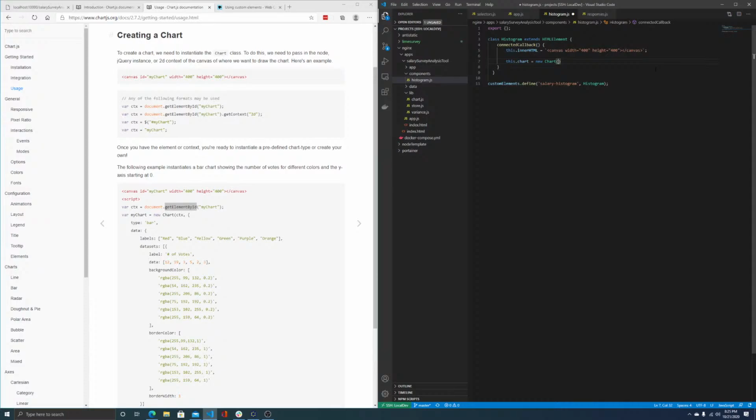All right, so var ctx, so our context is going to be get elements by, let's see,